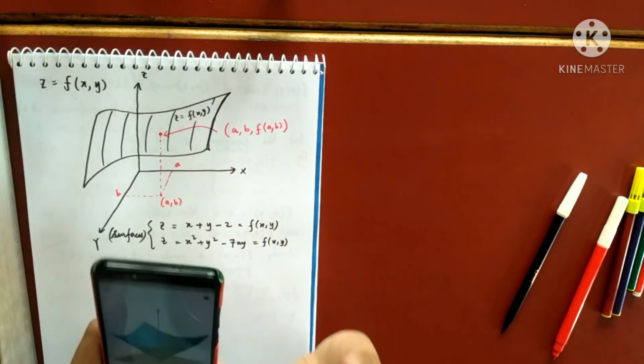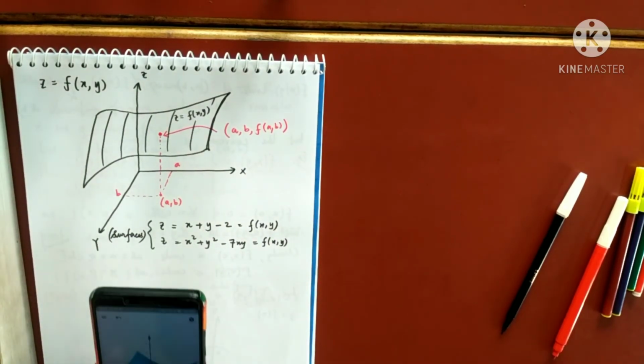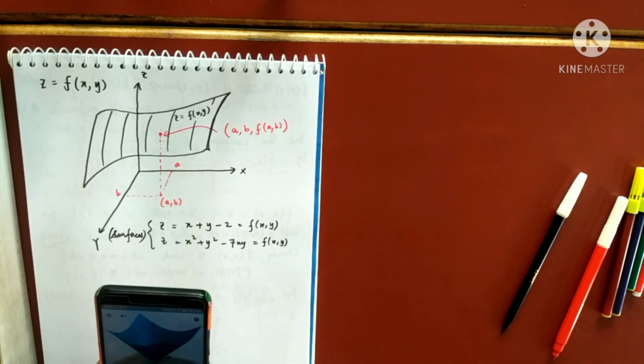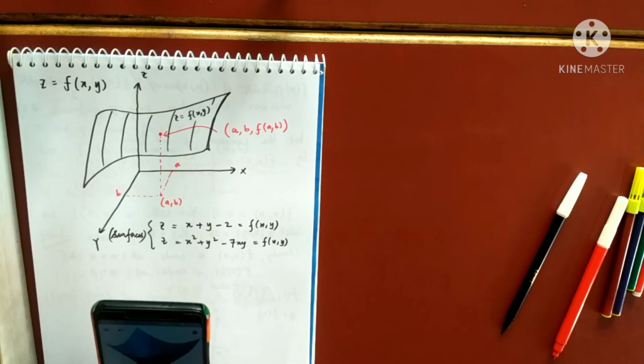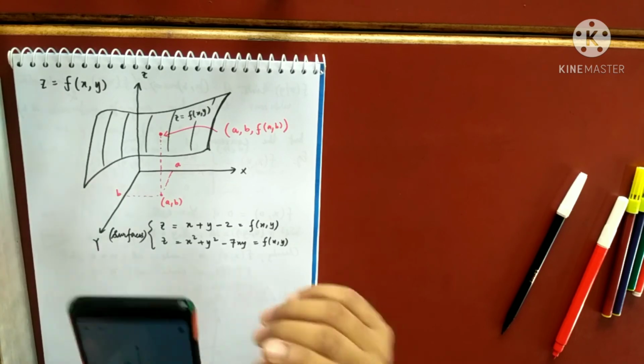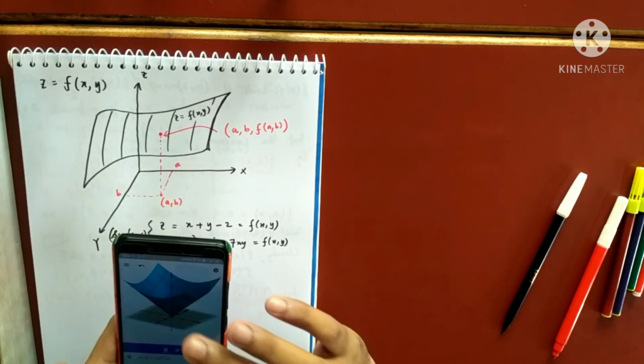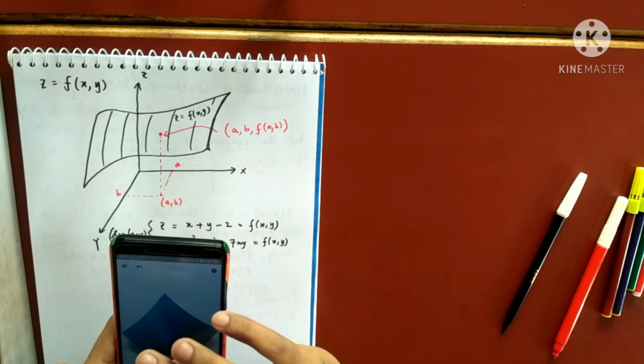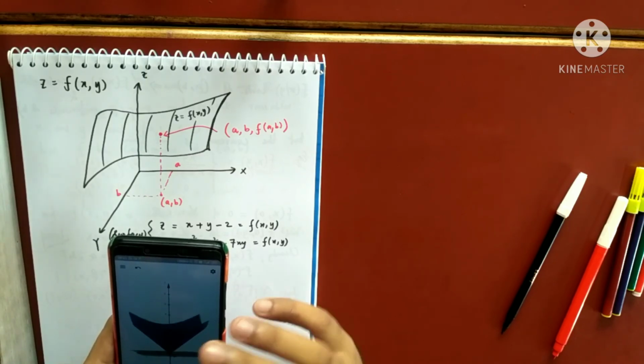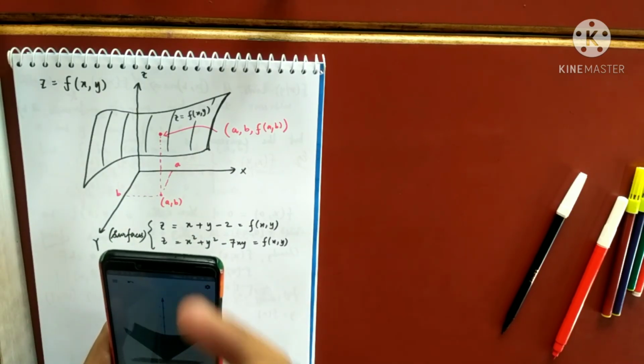So I am plotting some functions, okay? You see what this is? I have plotted the function root over x square plus y square. Now you see here, for different values of x and y, I am getting a different z coordinate which has been plotted here. So you can see, this is just like a bhelpuri, no? That kind of curve is coming, as you can see here.